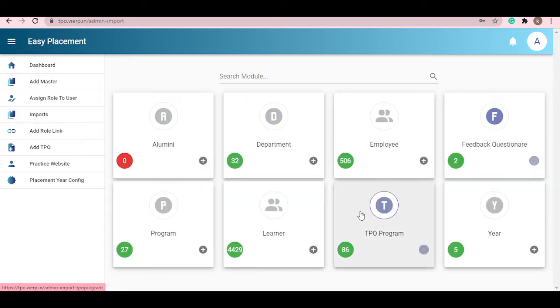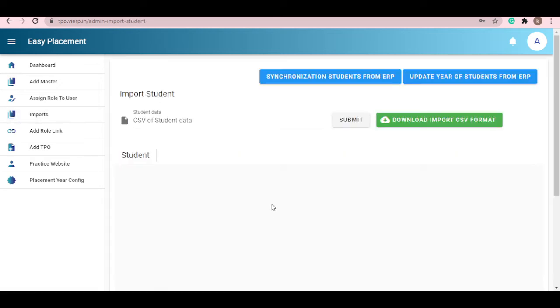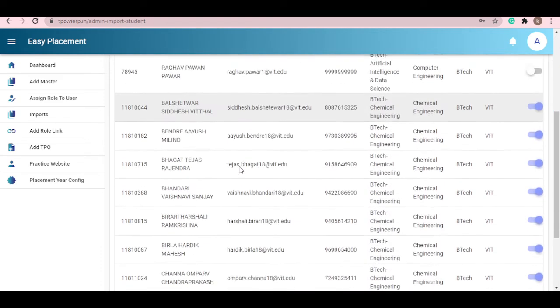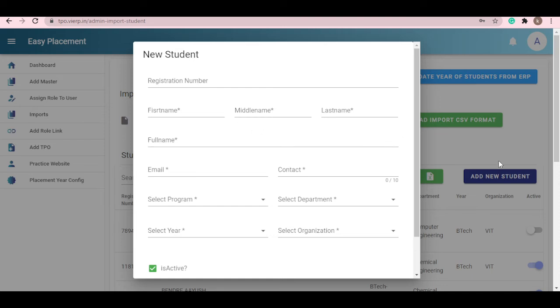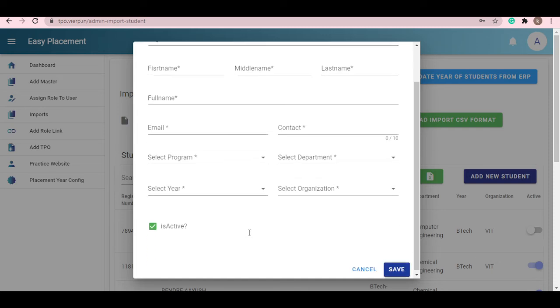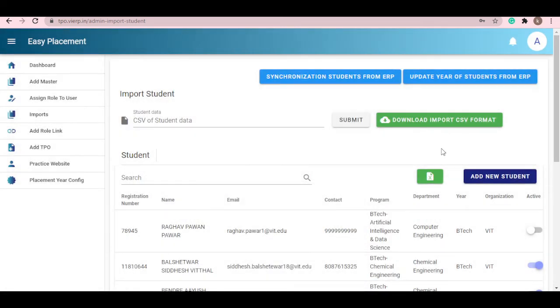Similarly, on the learner side, if you go, you will observe the student information or the learner information. We can add the new student by clicking on the add new student button. Fill the details of the student, then click on the save. And if you want to add the student information in bulk, then download the CSV file.